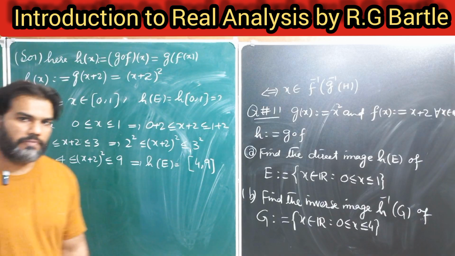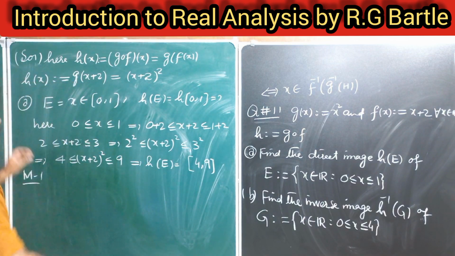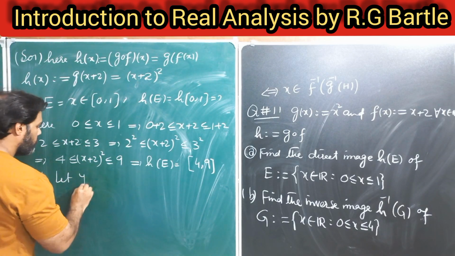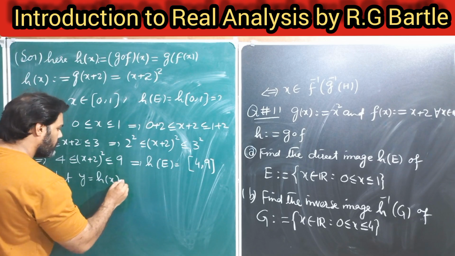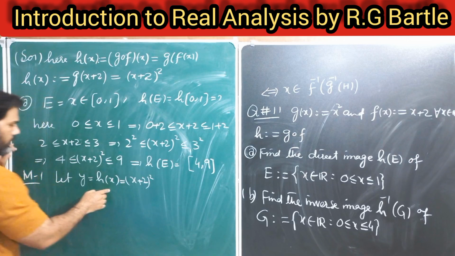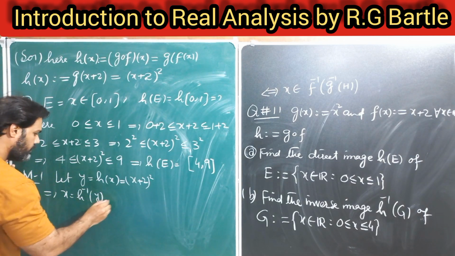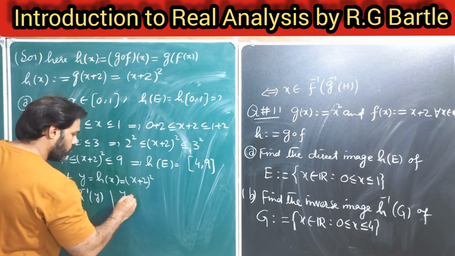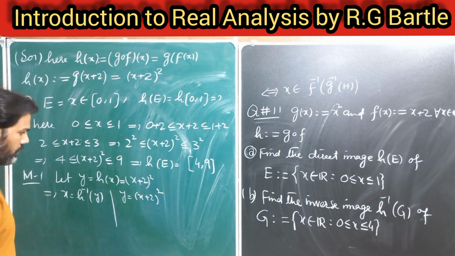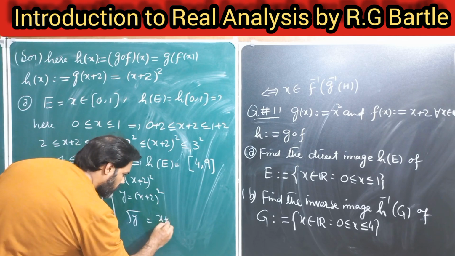In this method, I will first find the inverse of the function h of x, then I will find the inverse image. My function h of x is (x plus 2) whole square. Let y is equal to h of x, which is equal to (x plus 2) whole square. From this part, we can find x is equal to h inverse y. If we equate y is equal to (x plus 2) whole square and find x from this, we have, by taking square root,